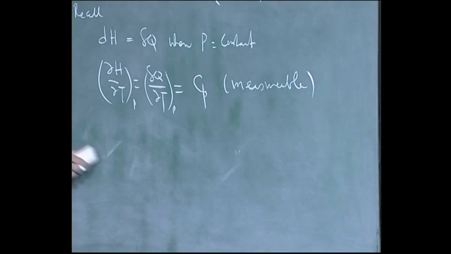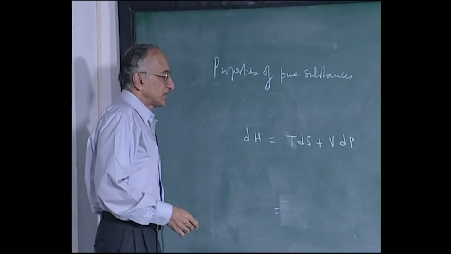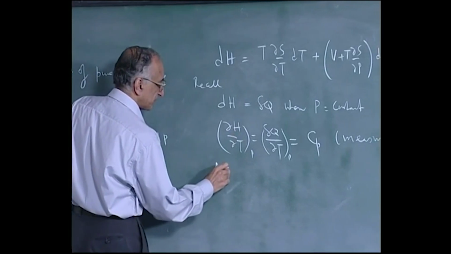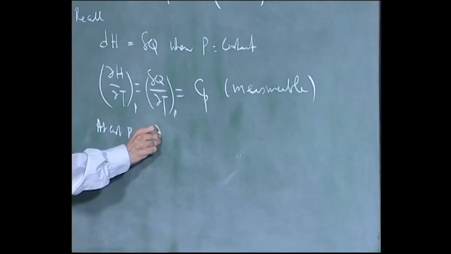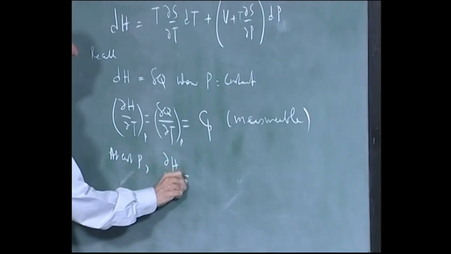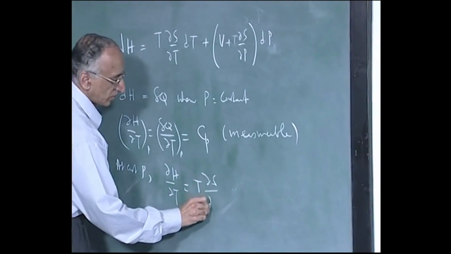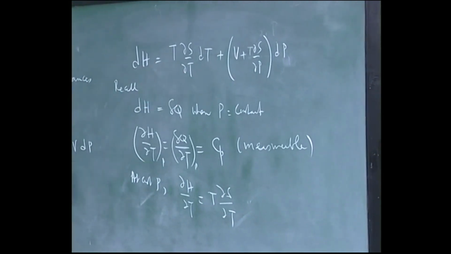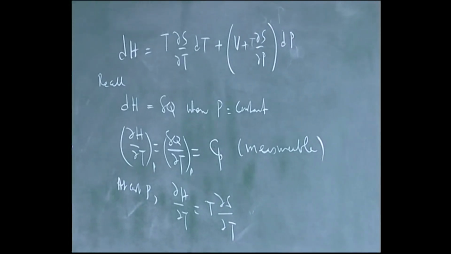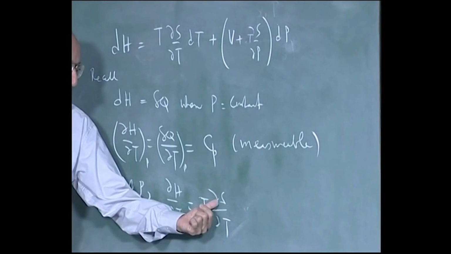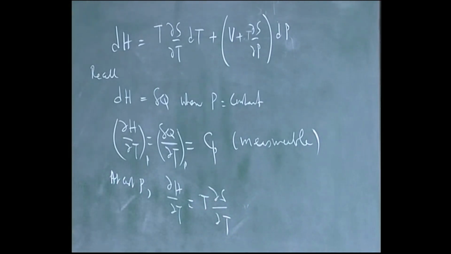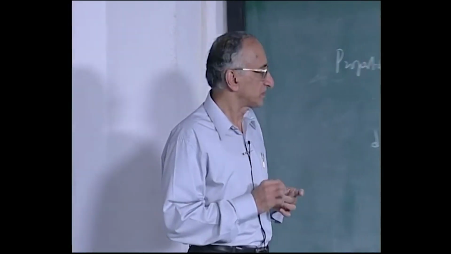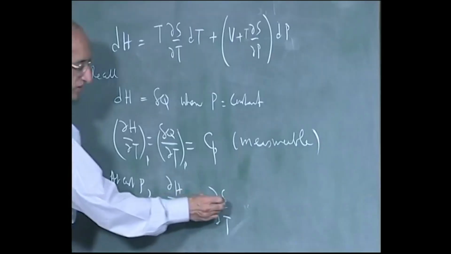There is no point doing it in those ways unless you need it. So if this is true, then notice at constant p, you also have ∂h/∂t equal to T ∂s/∂t. At constant p this term vanishes, so this is equal to T ds. In first order, differentials work like this. When I differentiate the left hand side with respect to T, if there is a differential here, I can simply divide it by T. You can do algebra of first order differentials. Second order you can't do the same thing, but anyway, so this is equal to